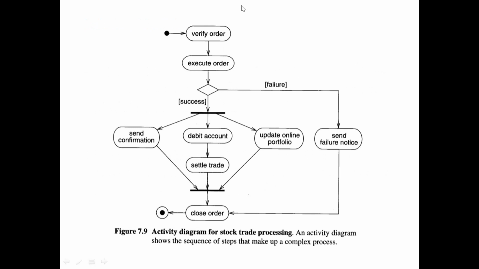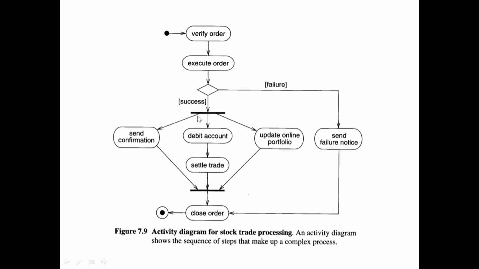Example here, how an activity diagram is represented in UML. So you can see you have a rounded box, right? You have this solid circle to indicate the start. You have a bullseye to indicate that this is where it ends, right? So this is telling you the transition, that is the flow. After verify order, it should go to execute order. From here, this is decision making, that is if it happens to be a failure, it should send a failure notice. If it's a success, this is what should happen, right?